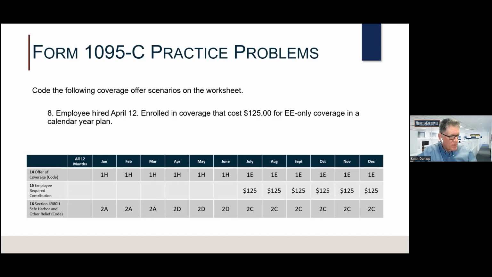So again, for the first 3 months, we see 1H, which means no offer of coverage, paired with 2A, the employee was not employed, totally valid combination. And then as of April, the employee is now working for you, they're hired, they're an employee, but they're still not receiving an offer of coverage because they're in the waiting period. So it's still 1H, but now the reason has changed. And the reason is now code 2D, they're in your waiting period. July 1st, they come on the insurance, the code reverts to 1E. 125 is the cost for just the employee, even if they add family, and code 2C, the employee is enrolled. And then that's the same condition for the rest of the year. Okay,